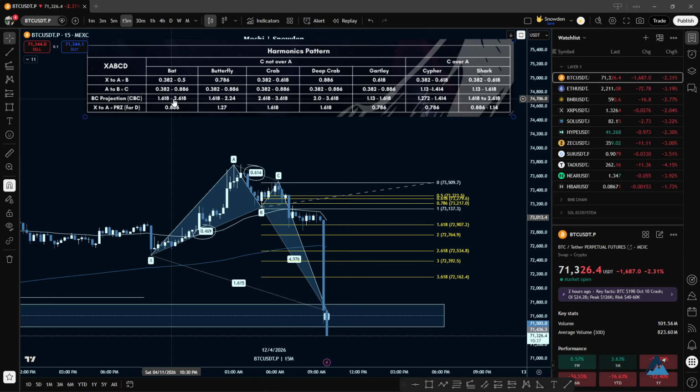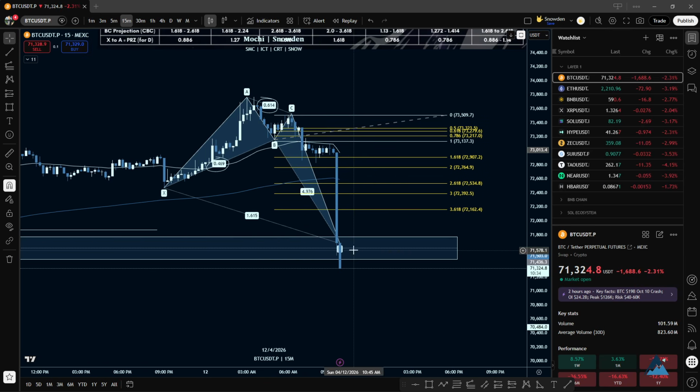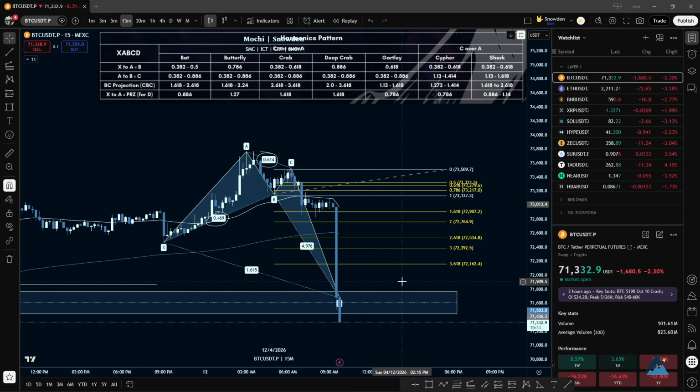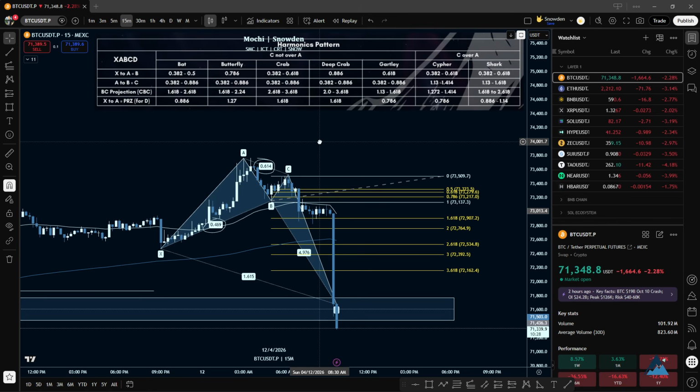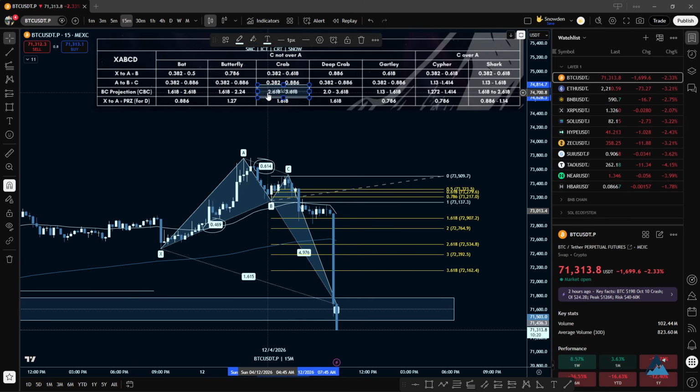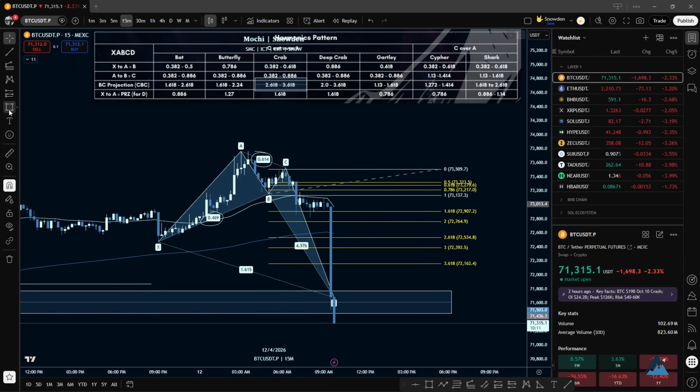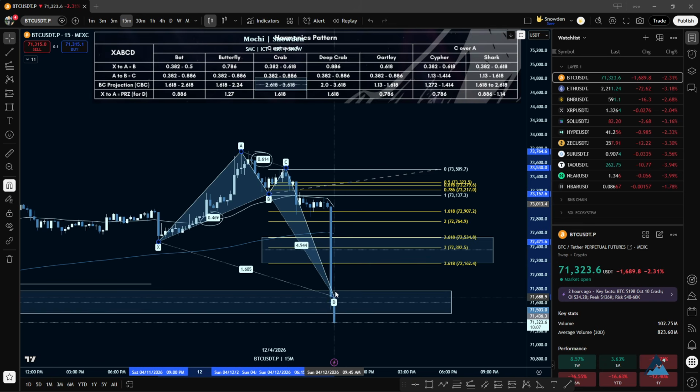Guys, look. In this case, kaya siya nagpatuloy na mag-dump, low probability harmonics pala. And why is that? What pattern is this once again? Sorry, this is a crab, diba? Crab pattern to, right? But as you guys could see, this is the BC projection. 2.618 to 2.618 to 3.618. That's our BC projection. So, dapat pasok dapat yung reversal ko, which is, diba ito yung D, dapat nandito yung